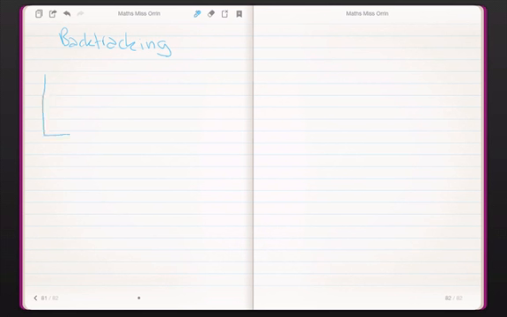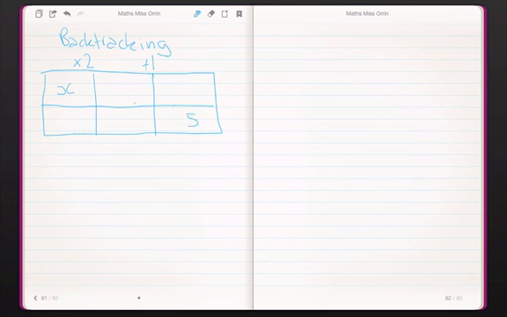So let's talk about having boxes like this. Remember this? So we'll divide it up, and we usually have 6 boxes, okay? So we'll start with an x, and what we're going to say is we'll have some instructions. We'll times by 2, we'll add 1, and we'll make that be 5. Okay, so what we're going to do now is figure out how to use this backtracking system to solve an